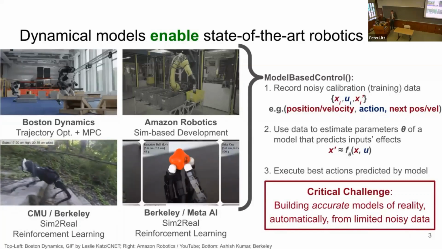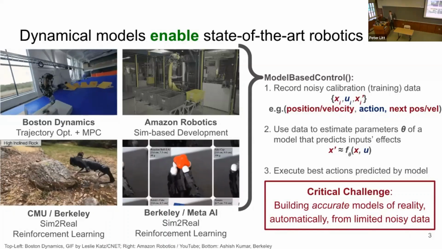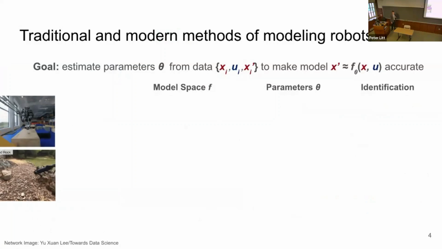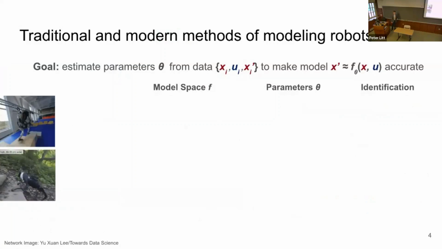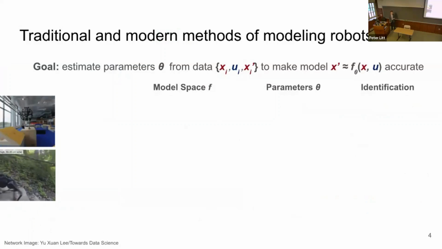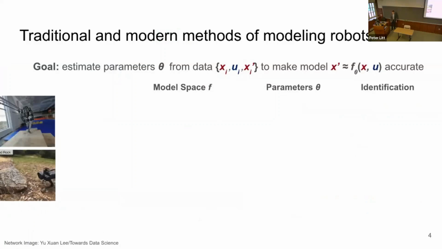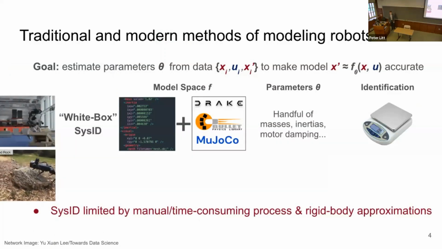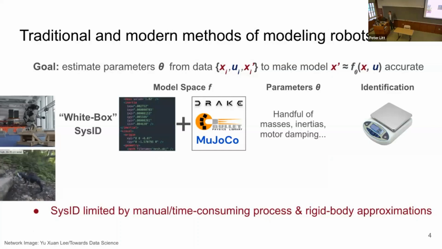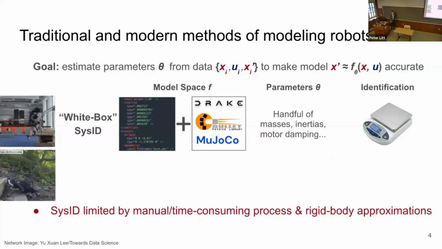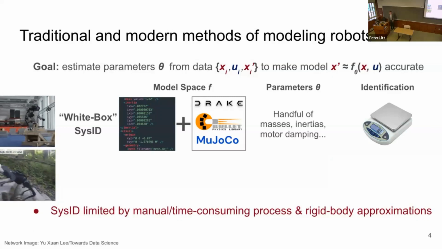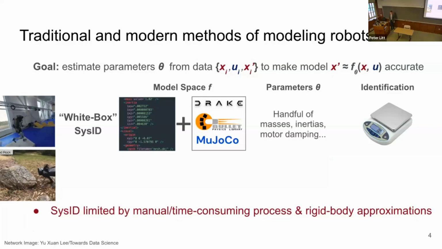And our field has encountered many difficulties in building accurate models. And these difficulties arise in very different ways with very different types of models that we use. And here I'm just going to highlight one classical and one modern approach that our field has been taking. So if you're in a lab environment, like the folks doing this robotic parkour experiment, then you may have access to a team of skilled engineers, which beyond state action pairs could meticulously and manually identify a purely physics-based model.